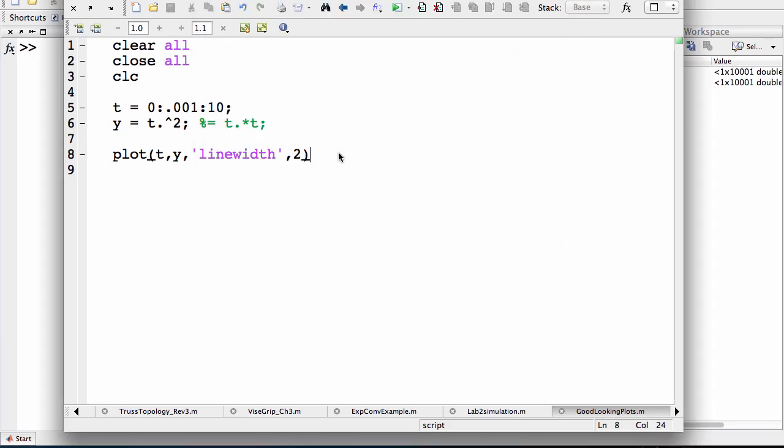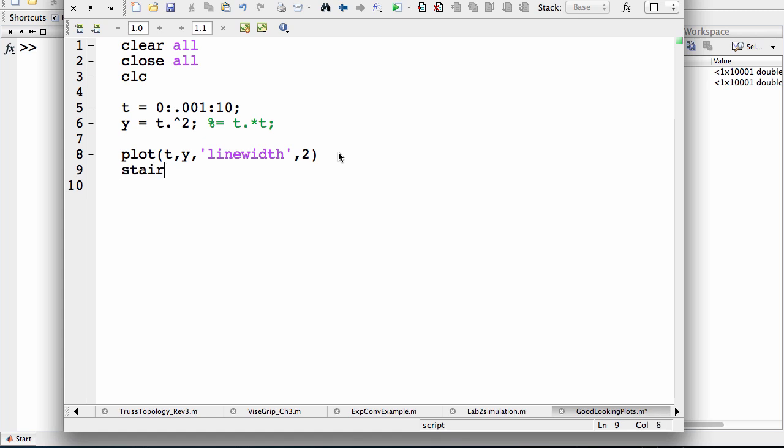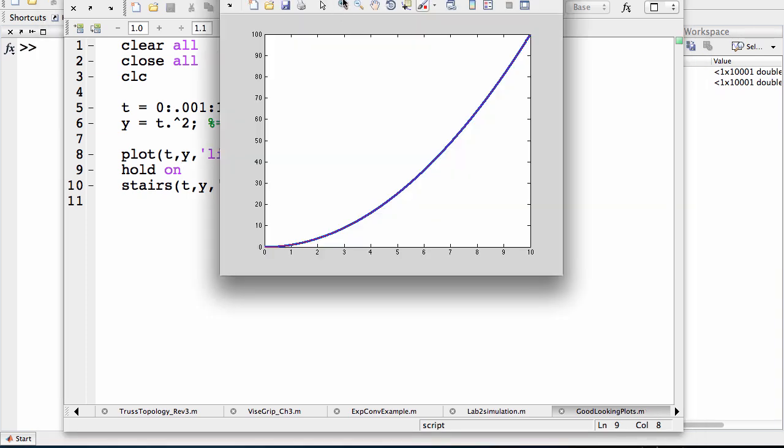So for example, if I go stairs, t comma y, and I'm going to leave the line width off for a second, except I'm going to do red. Okay, so let's run that. Oh, I forgot, I need to hold on if I want to plot on top of things. So hold on allows me to continue to plot on top. Now if I zoom in,